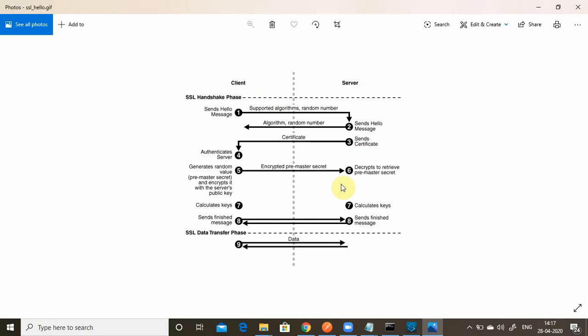Now they will use this key for further communication. What is the life cycle of this key? As long as your session is alive, that key will be there. Once you close the session, whenever the client comes again, the whole communication will happen again. This happens the first time, so it doesn't happen with each and every request. Once the keys have been generated, they can use those keys to exchange data between client and server.